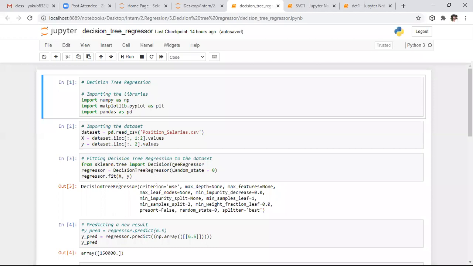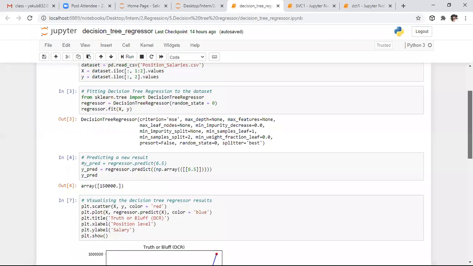Coming to the decision tree regressor, it also belongs to the tree family only. In place of classifier, I am using regressor. With the same thing, I'm creating a decision tree object. I'm not specifying the criterion. By default, it will be considered Gini index as the criterion. If you predict the outcome, if you give some position, it will give the corresponding salary to his level. Here it is giving output like 1,50,000.